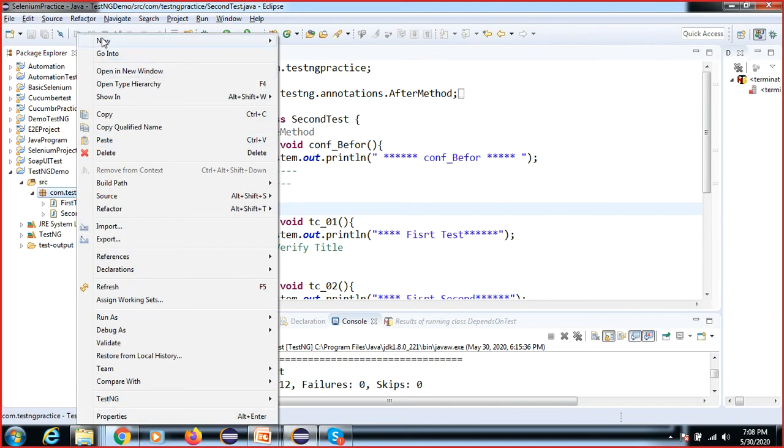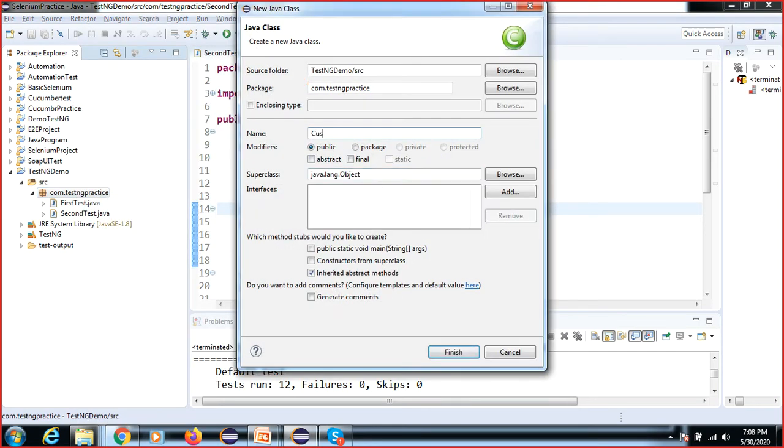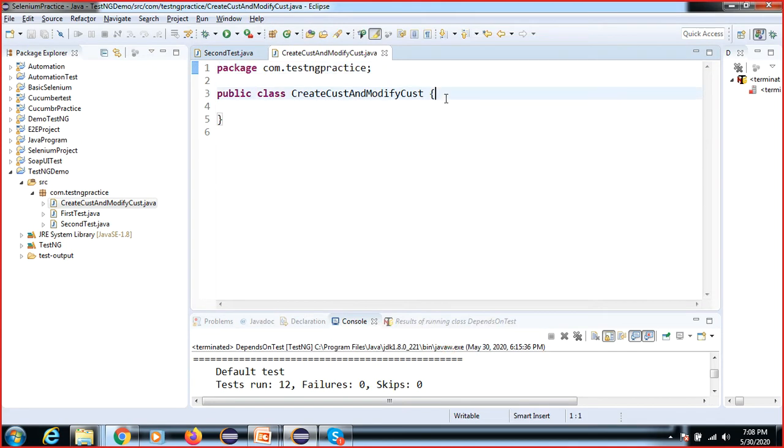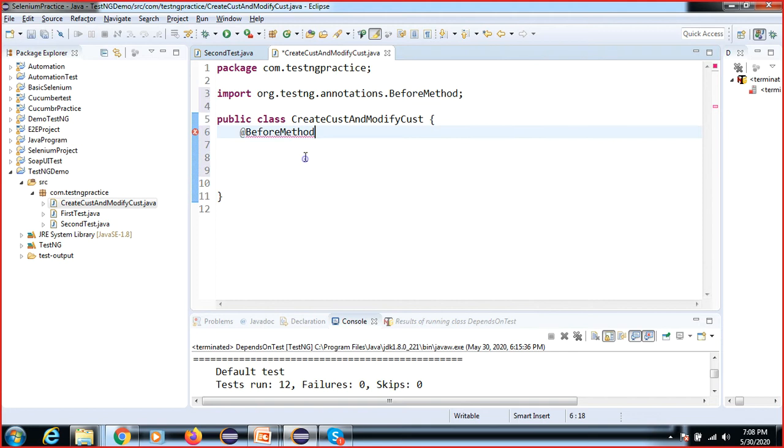This is your customer test, with create customer and modify customer. How will it execute? We have the before annotation. I'm going to use before method; you can see we have many annotations, and we will see what each is used for.